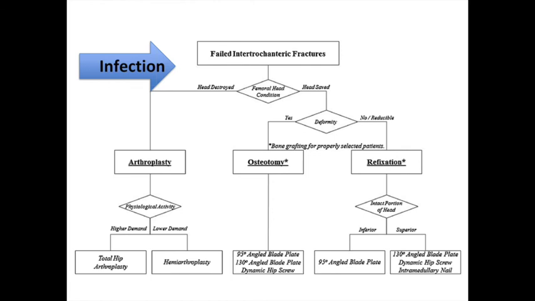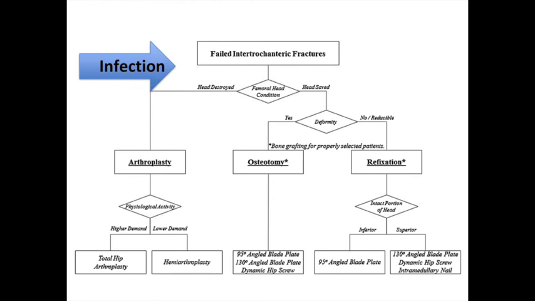The second scenario, which is going to be there in your exam, is an already intervened patient with an implant inside. So in such a scenario, please do not forget infection, which could be a cause of the problem. So you need to keep it in mind. You need to add investigations pre-operatively, the blood markers, to pick up any infection, and then it needs to go through an algorithm in which, if you suspect infection, you have a 2-stage procedure where you do implant removal, debridement and antibiotic beads, or if you don't suspect that, you look at the head, whether it is destroyed or it is saved, and you have 3 main options.